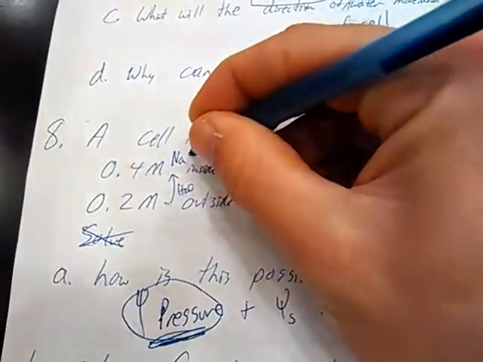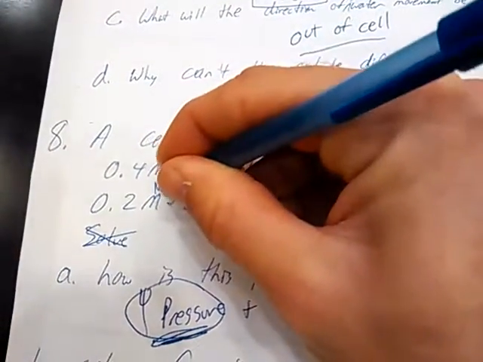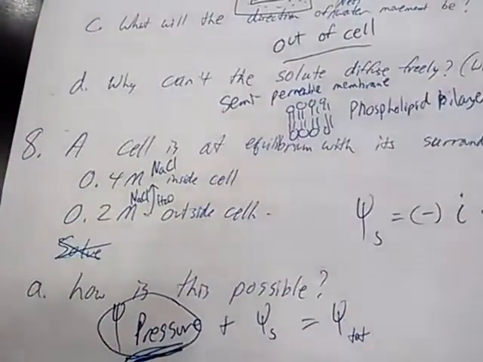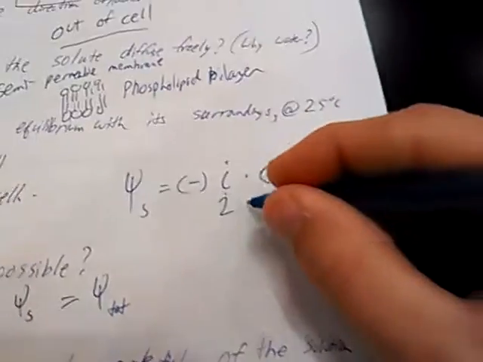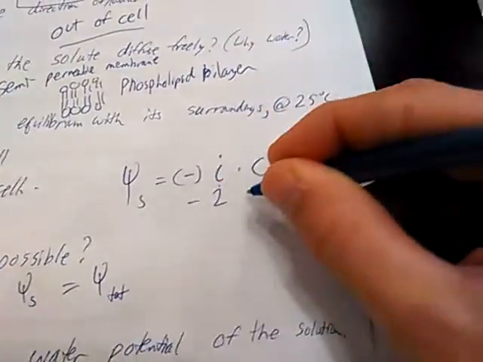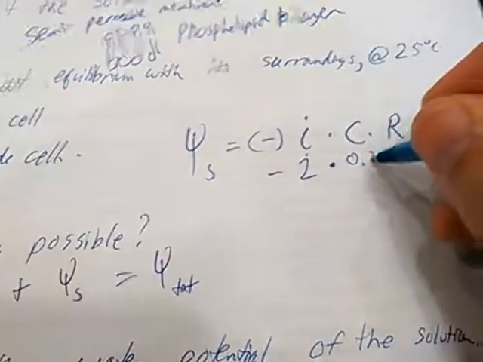Let's make it salt. All right. So it is salt. That means our i value is going to be 2 because sodium and chlorine. So negative 2 times outside the cell is 0.2 molar times